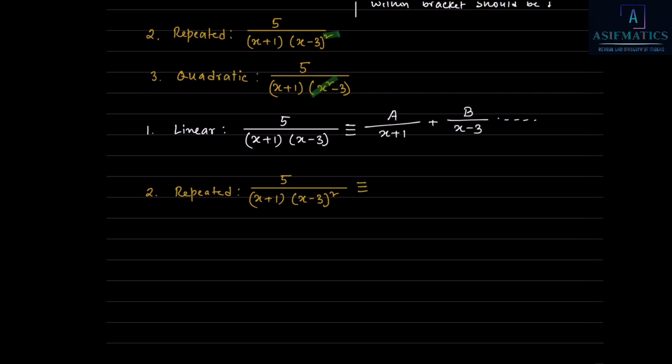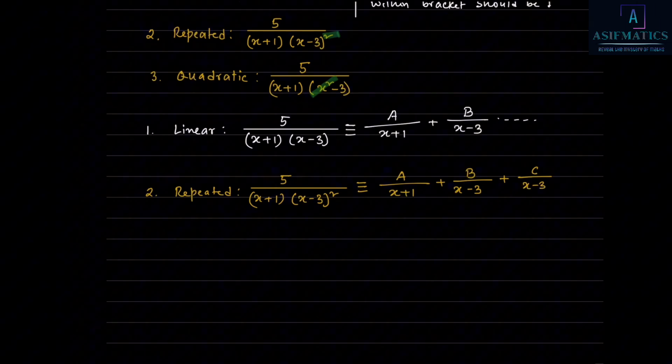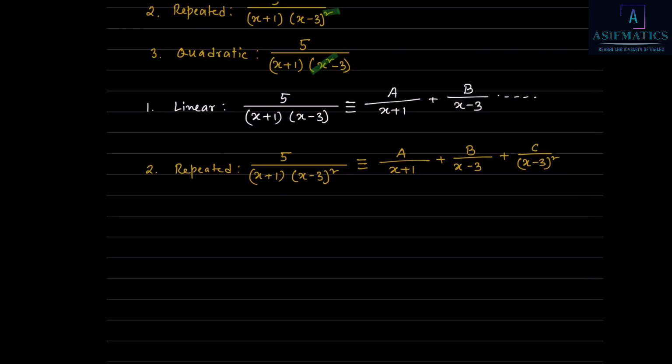You write the identity sign, and then we write a by x plus 1. Then we write b by x minus 3 first. So for this whole square, first you write just power of 1, b by x minus 3, plus c by x minus 3 whole square. So this is the formula. You need to remember how to write it and what kind of formula we are going to write. Then number 3, if we have quadratic form,